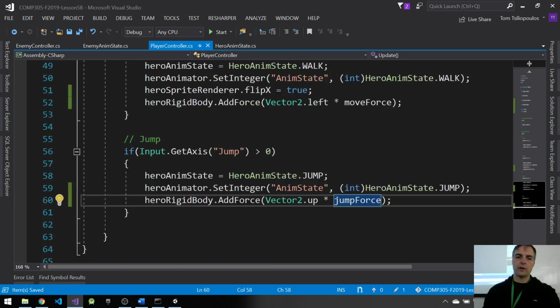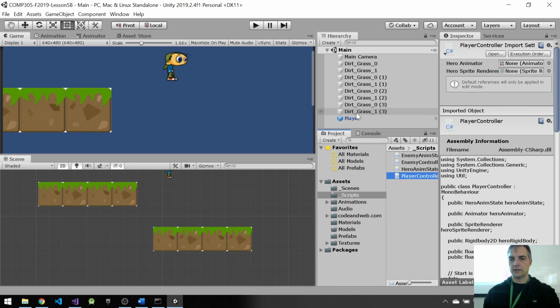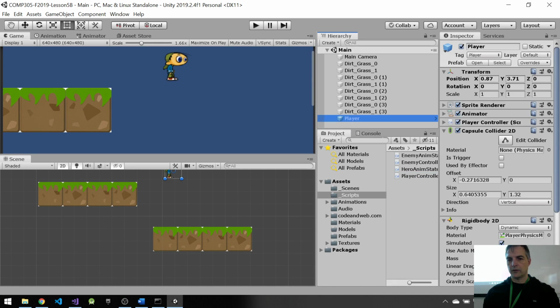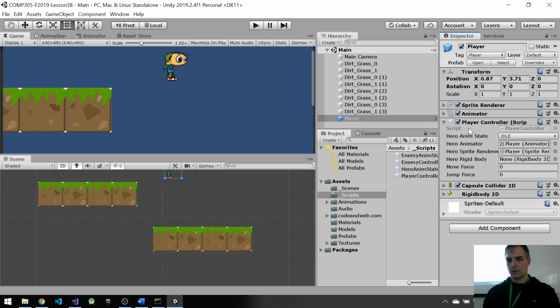Here we go. Alright, so we've got forces. Let's hook up those connections on the character, the player. So here's the player, and then as we go towards his controller, I need a reference to the rigid body, which again, for now, I'm just going to drag and drop. I'm going to add some kind of move force. For now, I'm going to add something like 200,